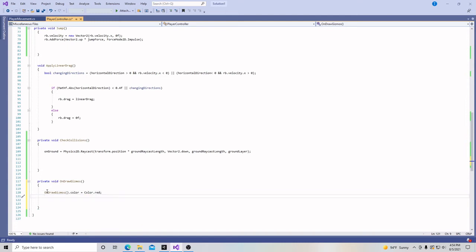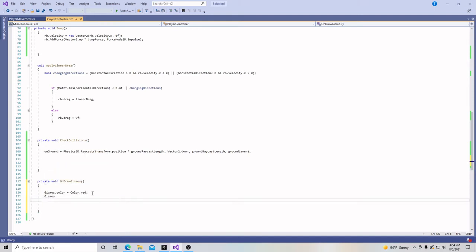The color is going to be red or whatever color you want to pick. Oh, actually, wait, no, the autocorrect is just filling in stuff for me again. It's not OnDrawGizmos, it's just Gizmos. Gizmos.color, and there's no this here. The filler is useful for some things, but sometimes it's not. So it's Gizmos.color equals Color.red, and then below that it's